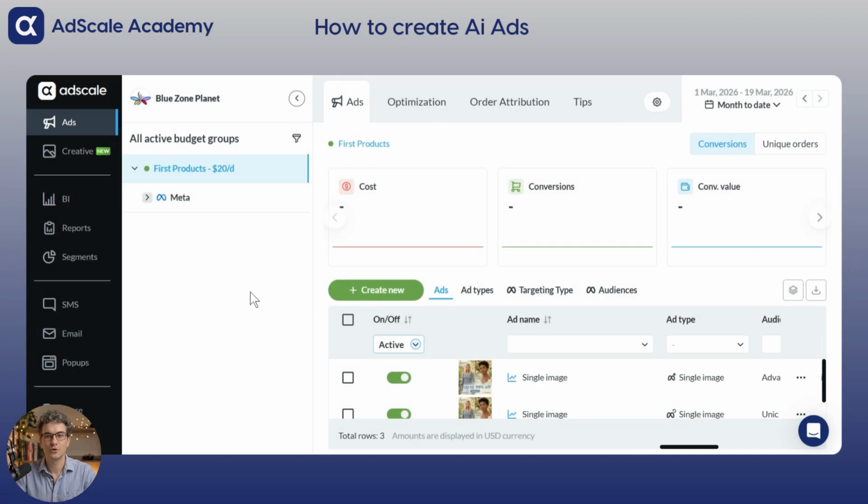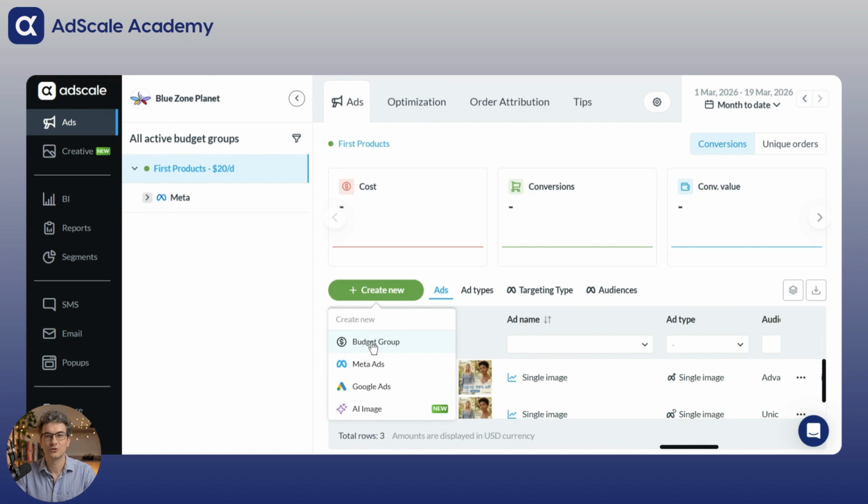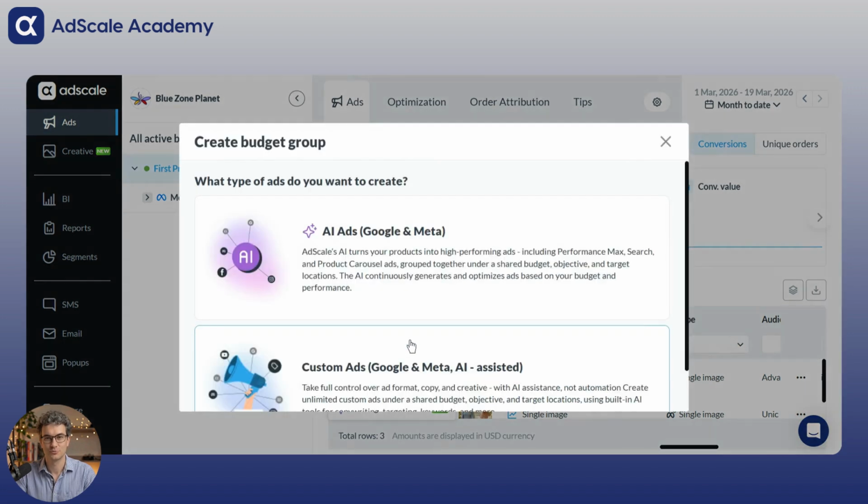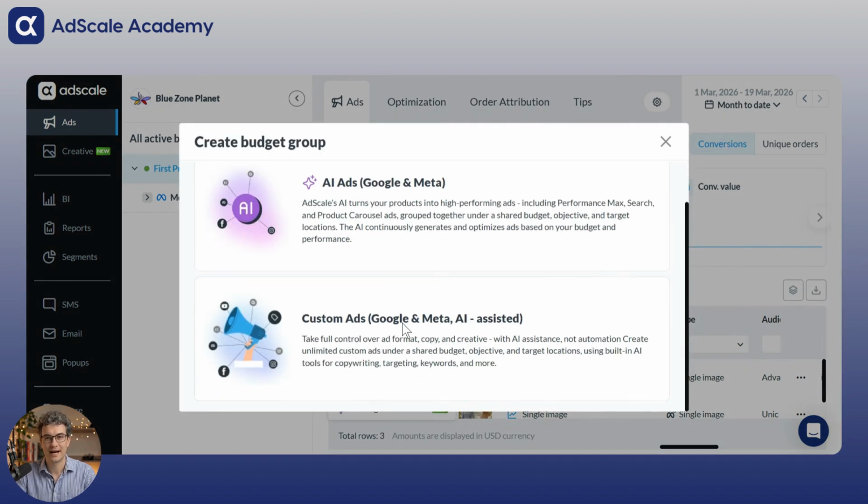In this video, I'm going to show you how you can create AI ads in AdScale. In AdScale, your ads are run through what we call budget groups. We offer two main paths: completely AI automatic budget groups or custom budget groups. Now, both of them are powered by AI. In the AI budget group, which we're looking at today, the focus is on product carousels, Google PMax, and search